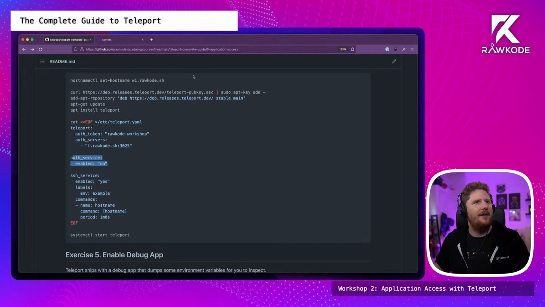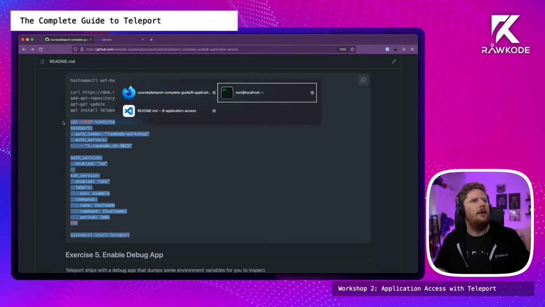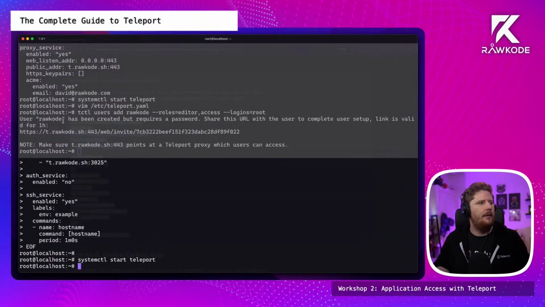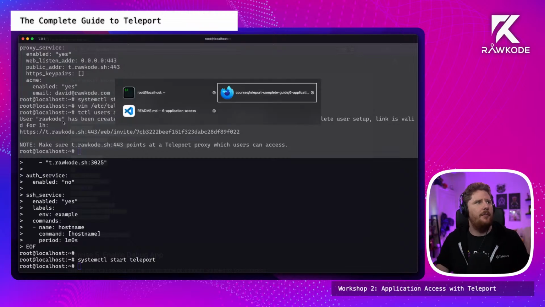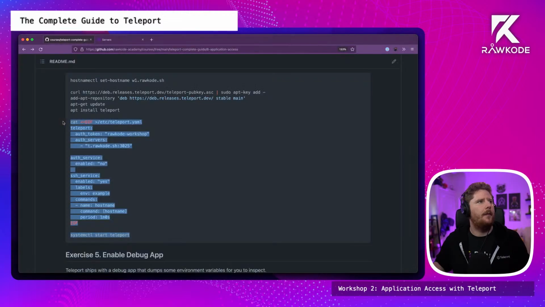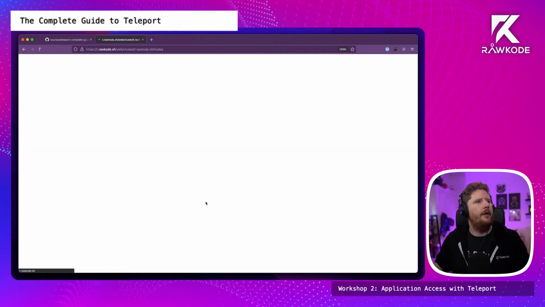Okay, so we got the auth service disabled. We don't need that for things that are joining the cluster. The auth service runs on the first node, and then we enable the SSH service because we do want to be able to SSH onto any of these machines. So I'm just going to copy these two commands, drop them in, and we should now have, if we browse back to Teleport and hit refresh,